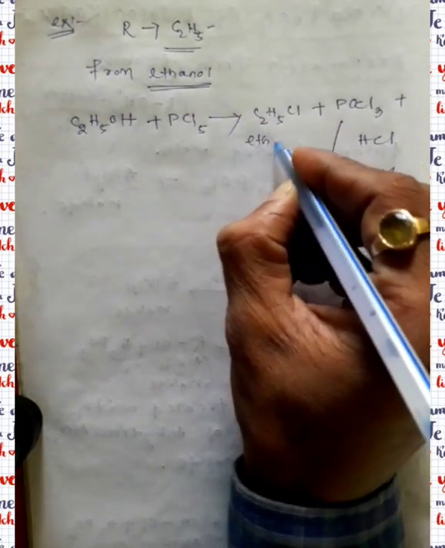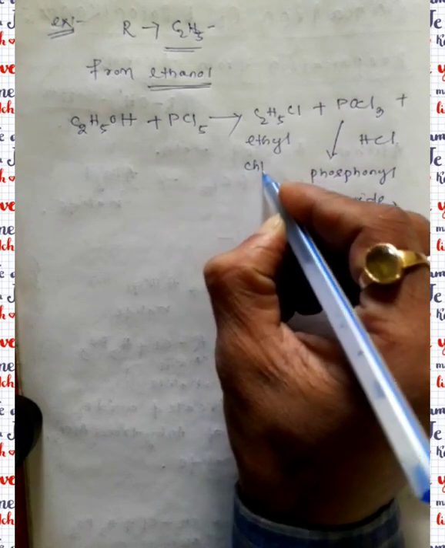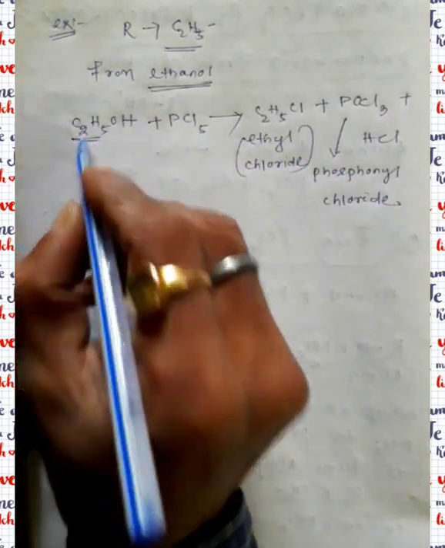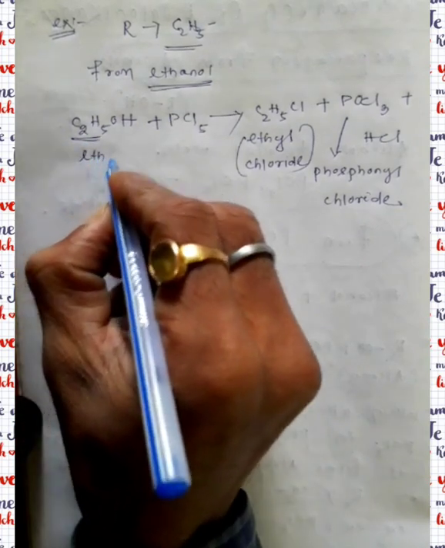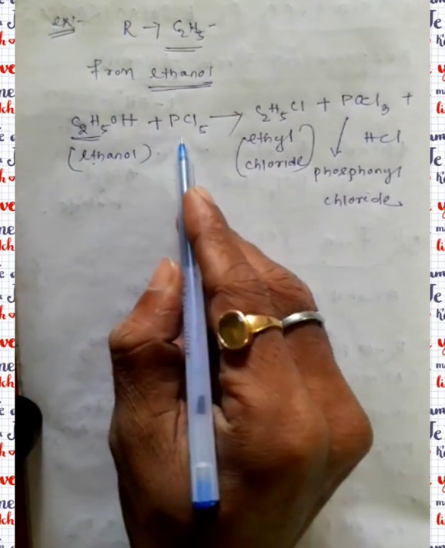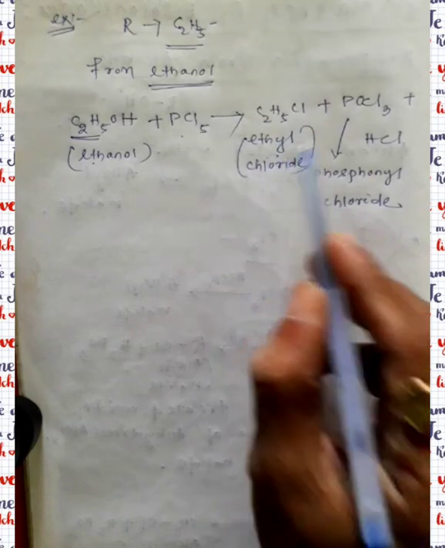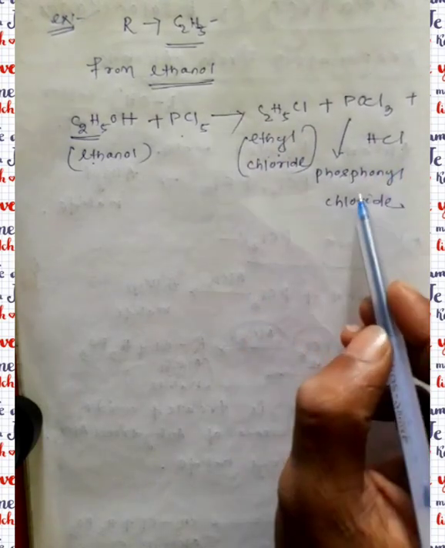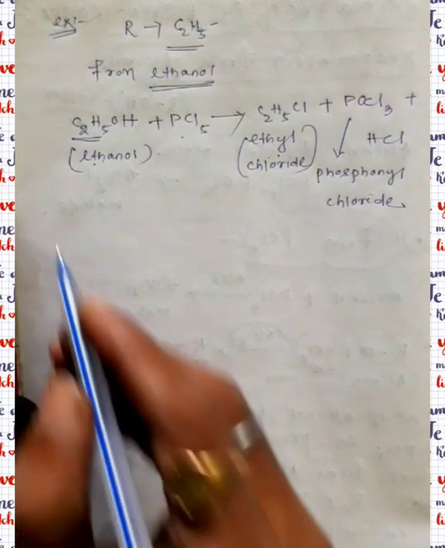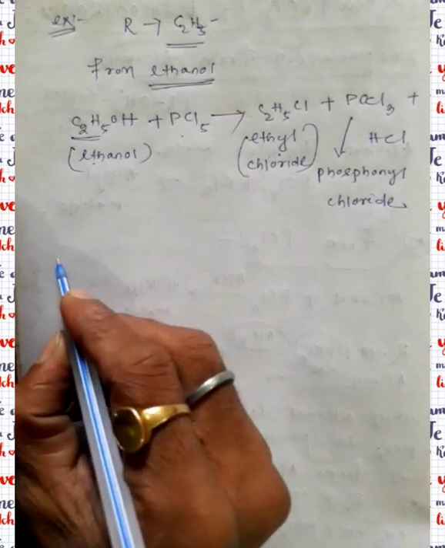This is alkyl halide, meaning ethyl chloride, as the reactant is ethanol. This is ethanol. You can write this reaction: when ethanol is treated with phosphorus pentachloride, it forms ethyl chloride with the release of phosphoryl chloride and hydrochloric acid. This is the example of this reaction. Next, the third one is